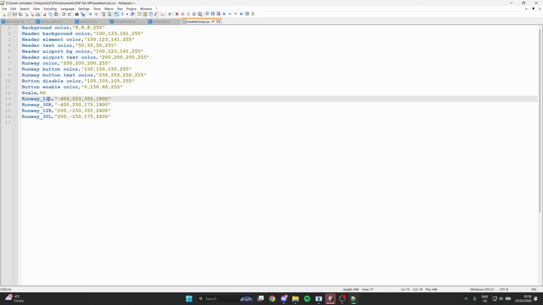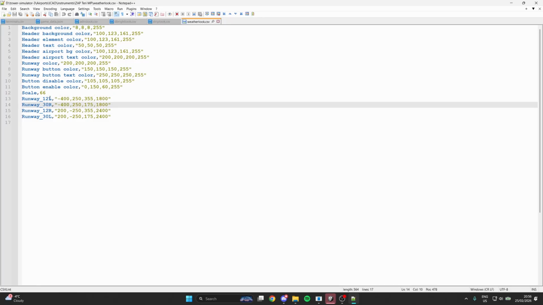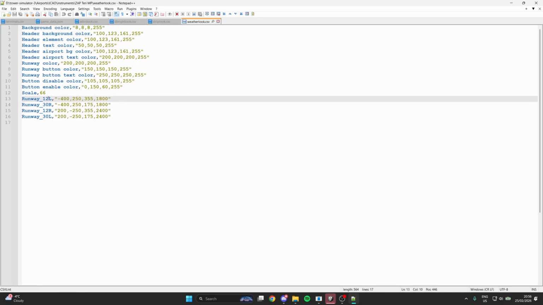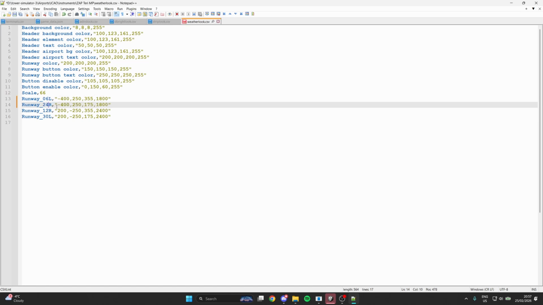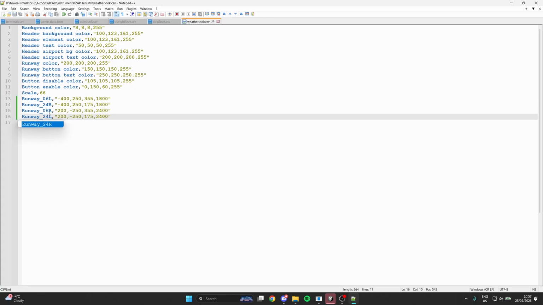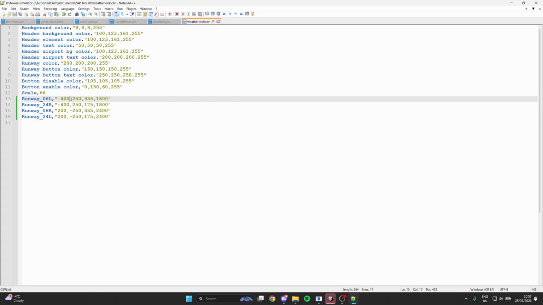So you'll see there are 2 runways, but there are 4 directions. At Dubai, it is the 12s and 30s. And for Montreal, it is 06 and 24. What you can do here easily is just change the numbering, change it to 06 and 24s. And these numbers here are the rotations, and we'll cover this in a future video where we have